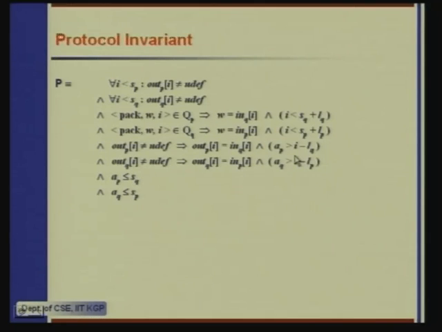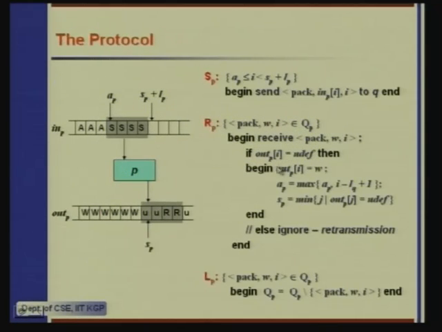Why? Yes, because, see, because this packet has been received, what does it indicate? It indicates that all packets less than I minus LQ have already been received. So these need not be sent, and as you can see, what RP does is it